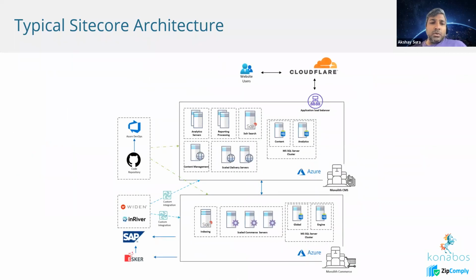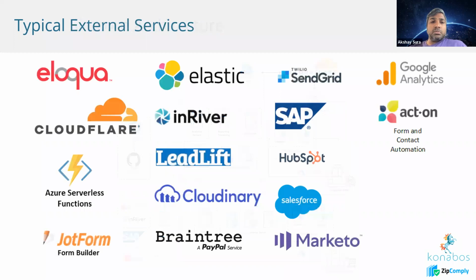And here there's another one where we're adding a few more things. So we have a Widen DAM and river PIM, SAP, and a couple other tools. These are actual architecture diagrams of the customers we've helped move more towards the composable space. What we realized is, in the work we do, one slide is not enough for this,